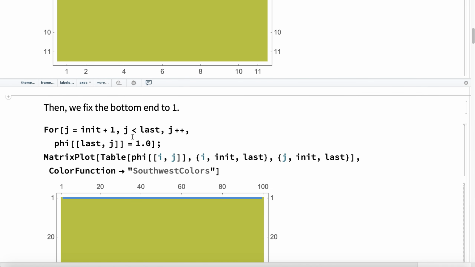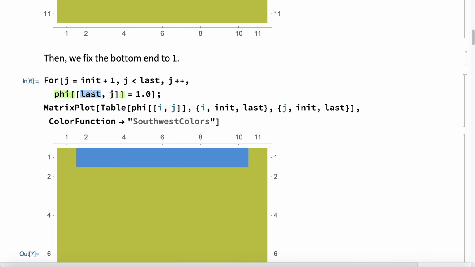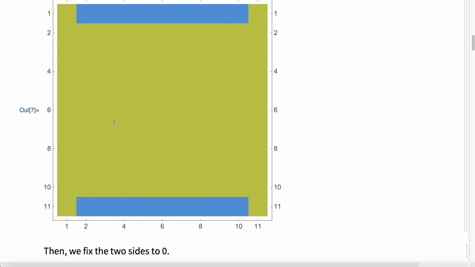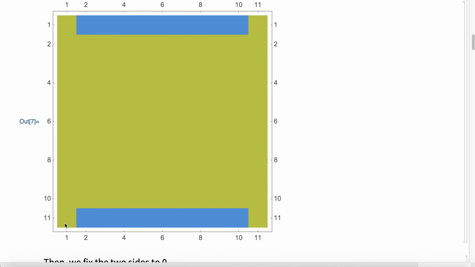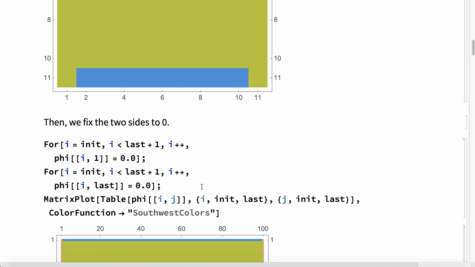We do the same to the bottom, and here the only thing that we change is that we're in the last row, and our last row is therefore 1/2, 1, 1, 1, 1, 1, 1, 1, 1, 1, all the way to 1/2. Then we want to fix the left and right to 0, and we start by changing